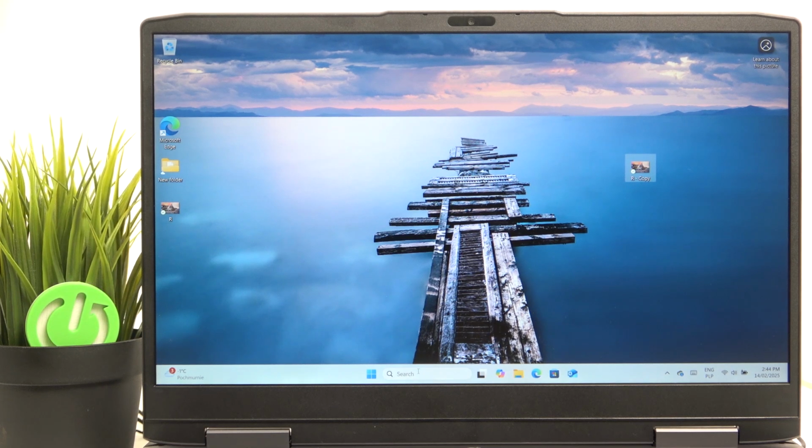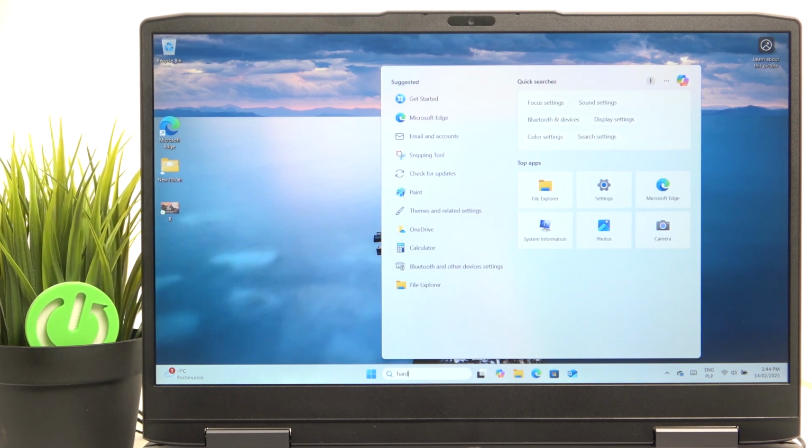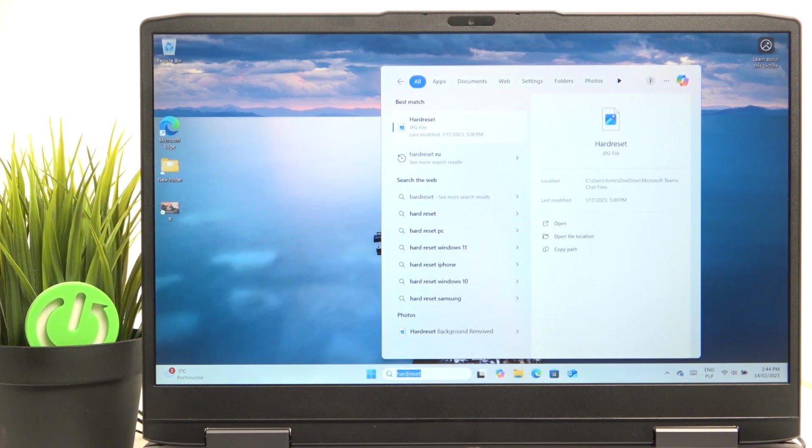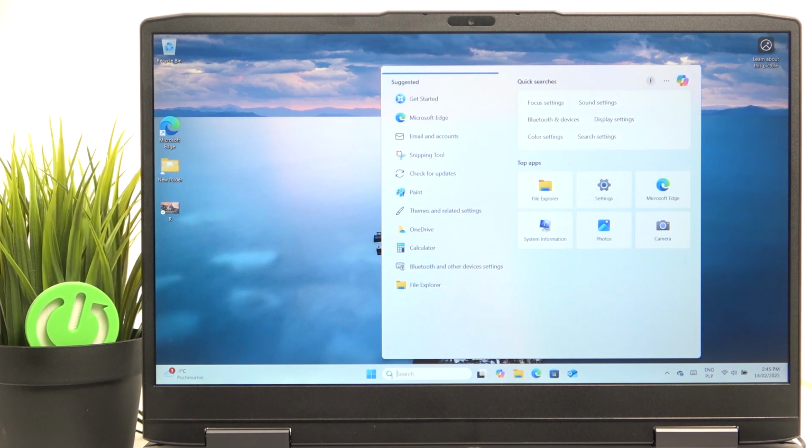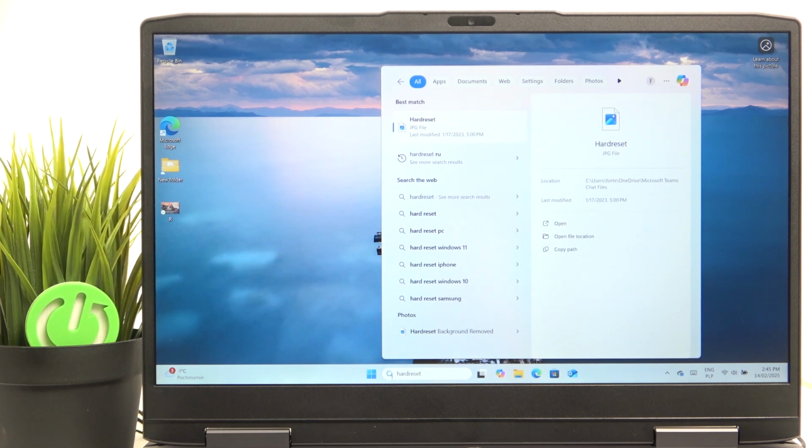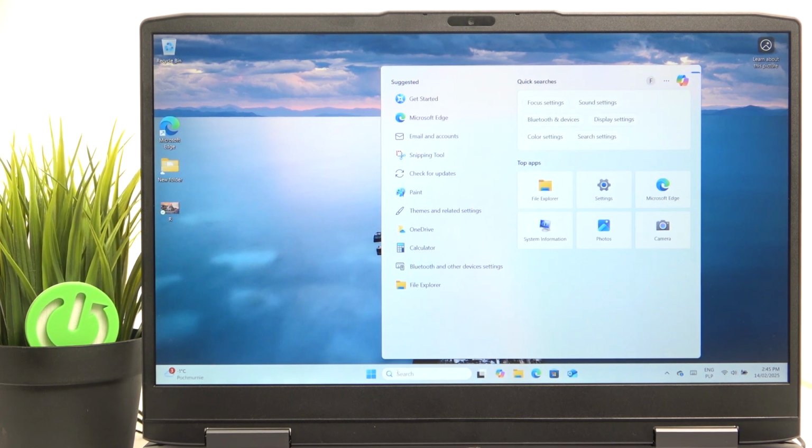So if I type in, for example, here something like HardReset, and then I select it, click on Ctrl+C, then I can delete it and click on Ctrl+V to paste it. I can paste it somewhere else as well, into Notepad or any message. And then